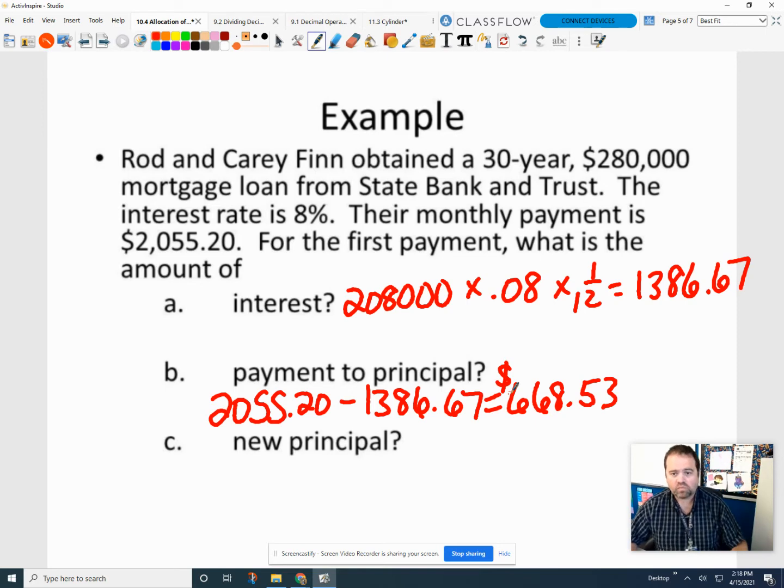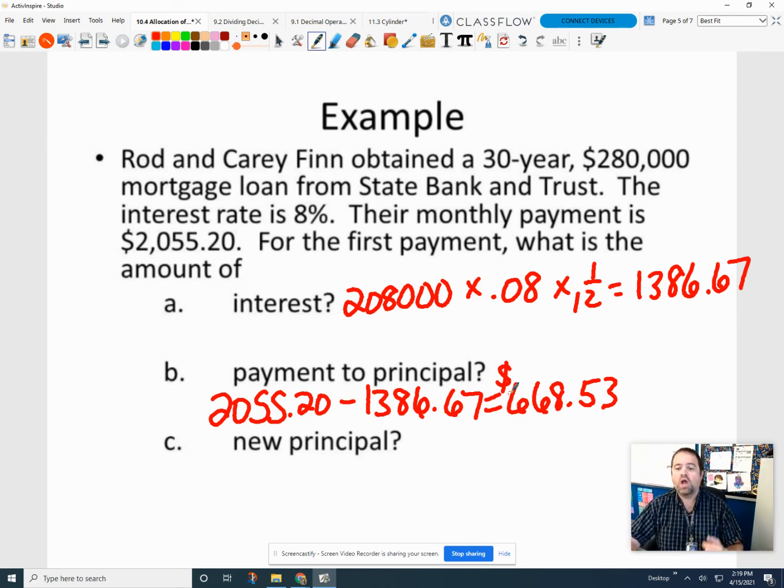Now, what's happening here? Banks kind of get their interest up front. They charge you more interest because your principal's bigger at the beginning of it. The more you pay, the part of your payment that goes towards interest will be less and less, and the part that goes to the principal will be more and more, because those payments stay exactly the same every single month. If one thing goes up, the other one has to go down, so that the payment still stays at